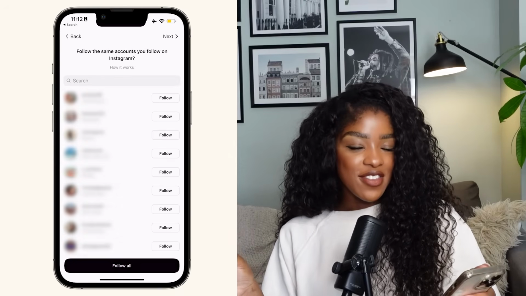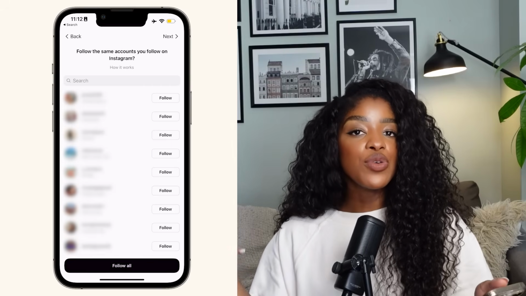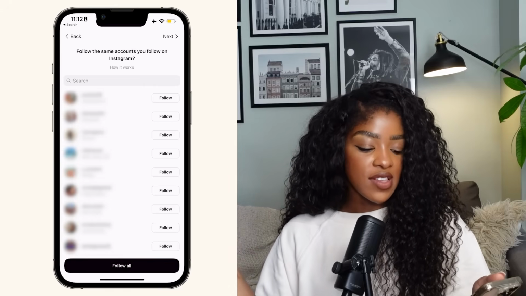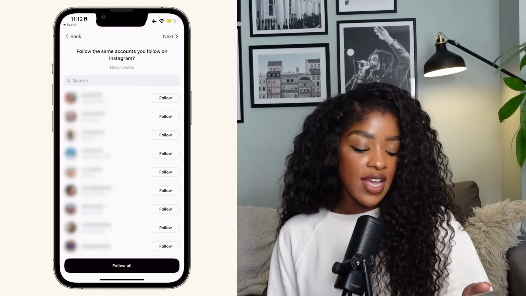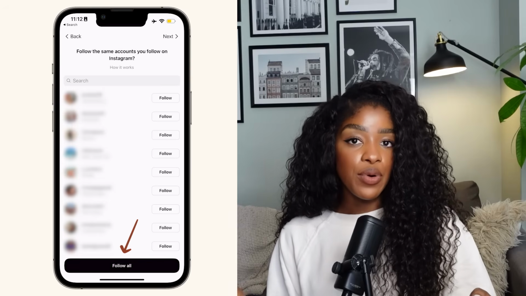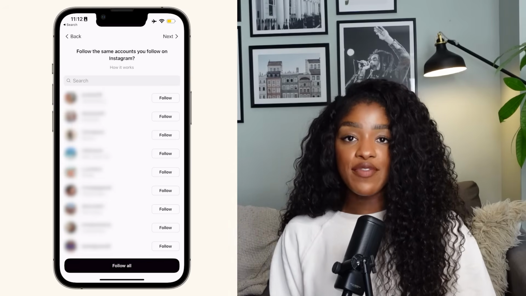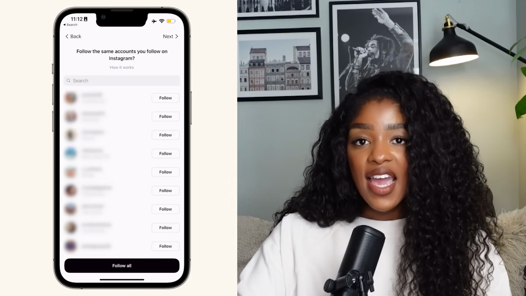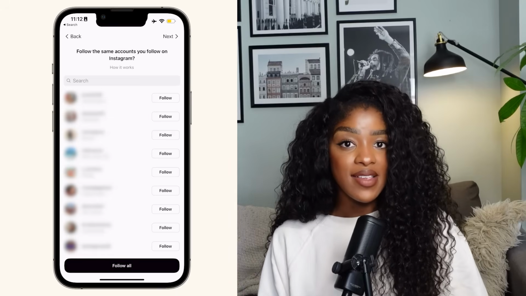And then, and this is the fun part, it's going to take you through to this page, which will allow you to follow everyone who you already follow on your Instagram account. Obviously I've blurred out some names here because these are all my friends and family, but it's basically showing all of my friends and family who I already follow on my private account. There's a button on the bottom which says follow all. When you press that button, it will automatically follow every single person who you're already following, which means when you open up Threads and you're ready to get moving, you already have content from people who you like. That is unlike any other social media platform that has ever existed.